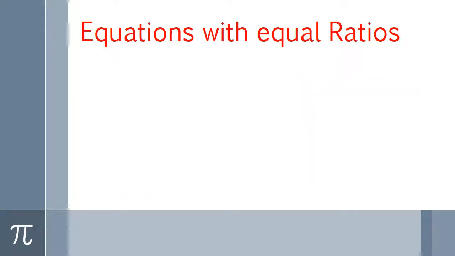Now let's take a look at this equation where we have equal ratios on both sides. So we have 2/x equals 3/(x minus 2). We have ratios on both sides, and the easiest way to deal with this equation is to try and simplify the problem, and instead of having ratios, have a simple equation. So in this case, I'm going to have to cross multiply because cross multiplying will allow us to get rid